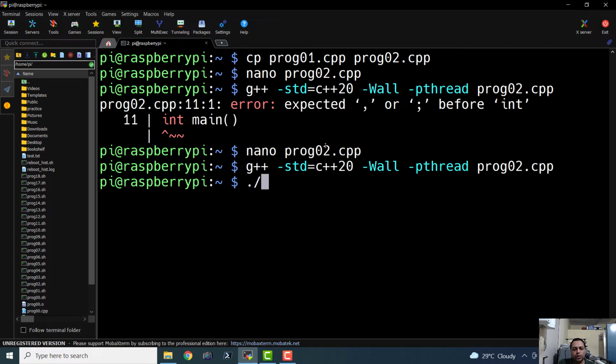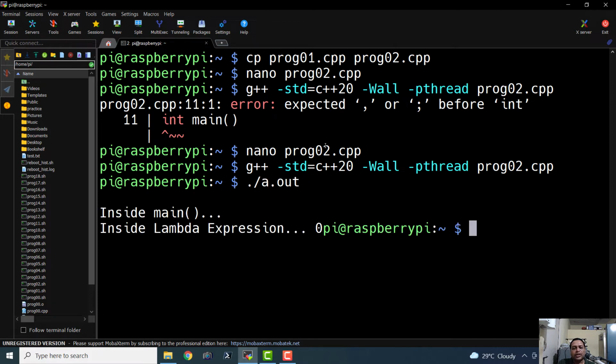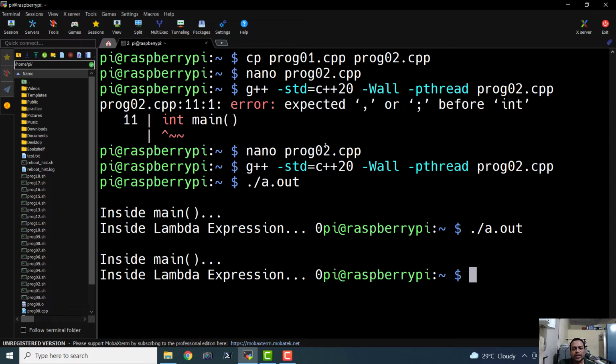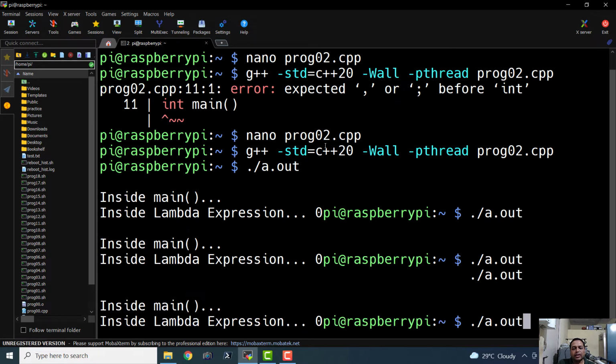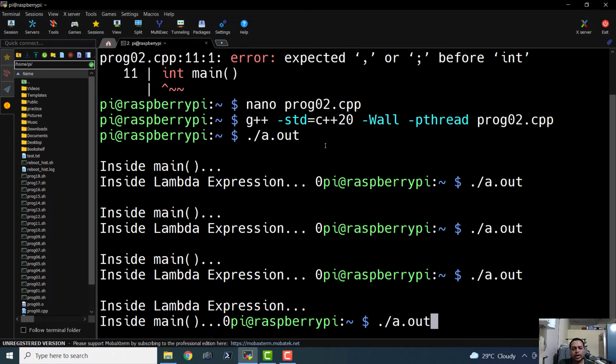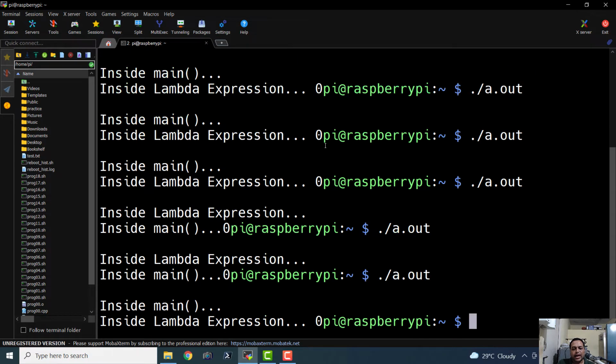And here we go. I will just say a dot out, and here we have the output. And we will try to run this again, and we will get the similar output every time. So now you can see that inside main and inside lambda expression are printed in a bit random fashion because they are truly running in parallel.